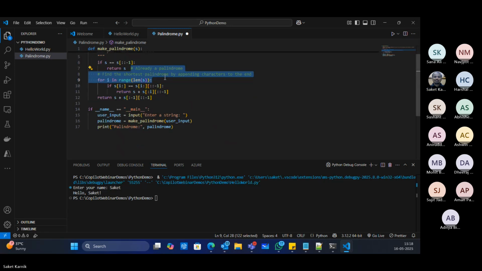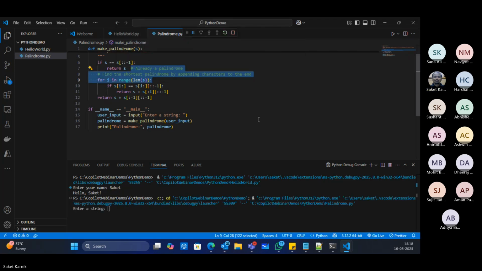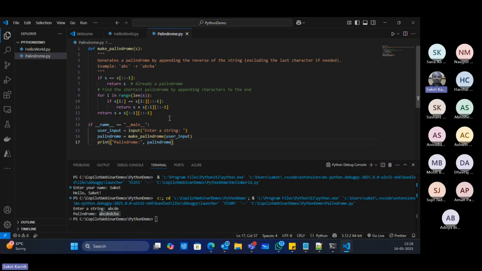Yes, I again say run, start debugging, Python debugger, enter a string. So I just say A, B, C, D, E, and it displays the palindrome. So actually what it has done is original input plus the palindrome, right? If you are looking for absolute palindrome, maybe you can just modify the code a bit.